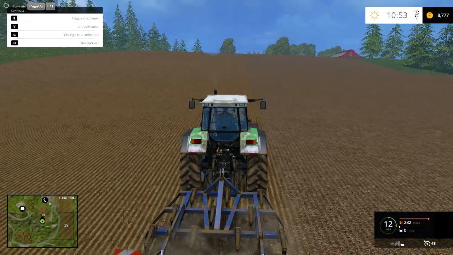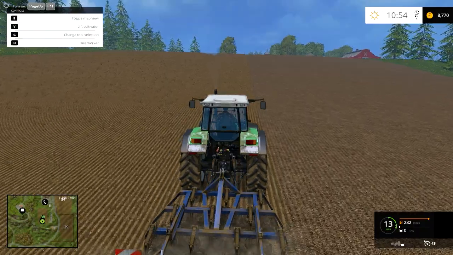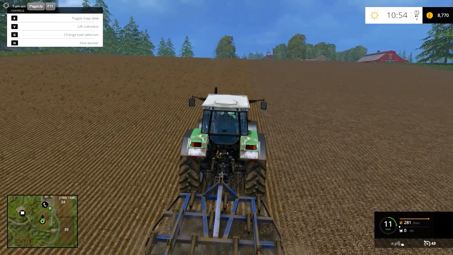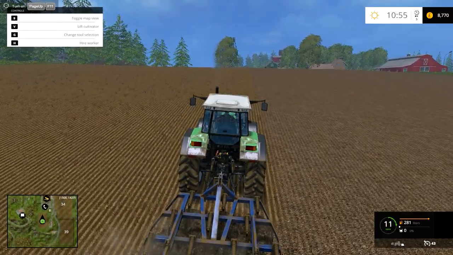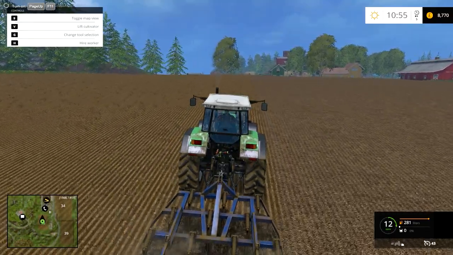Because I've been trying to follow the lines as a rough guide, but the tractor does move a little bit fast, and I don't really know how to slow it down. I'm sure there is a way of slowing it down. I mean, I'm going 10 miles an hour at the moment. I think that's probably a little bit fast for ploughing. But as you can see, with my front wheel, I'm just trying to get...